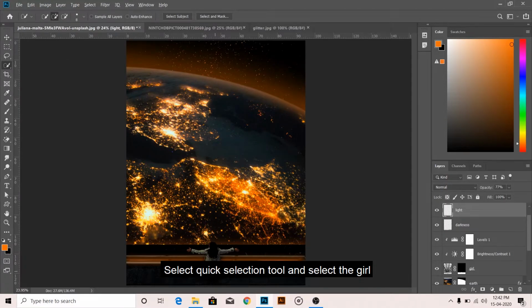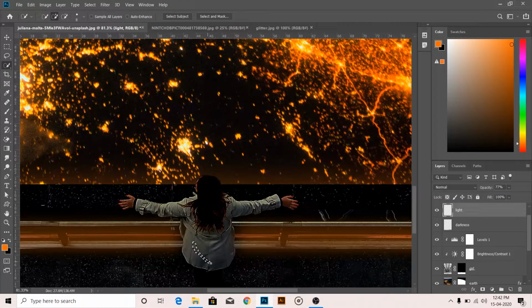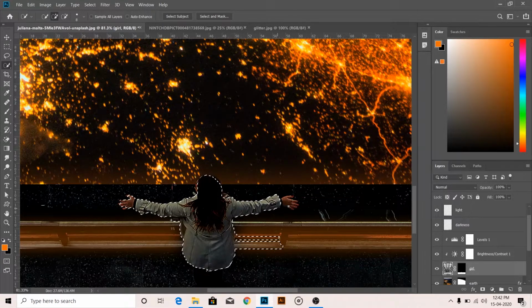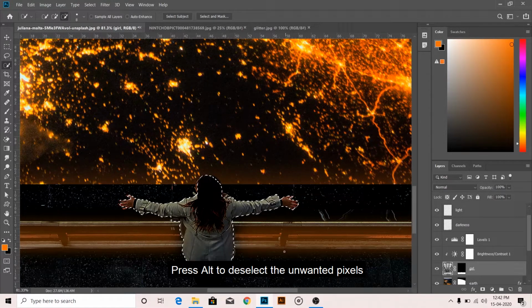Select the Quick Selection tool and select the girl. Press Alt to deselect the unwanted pixels.